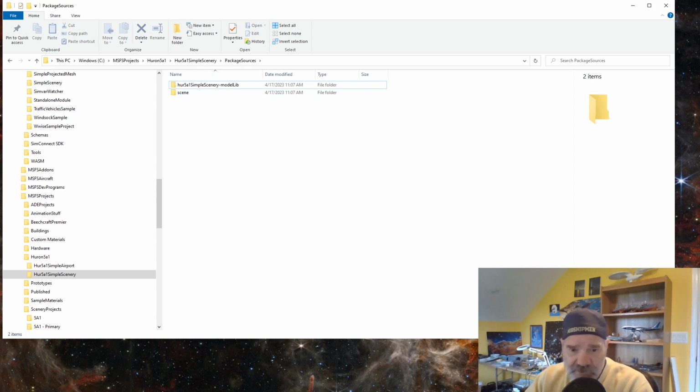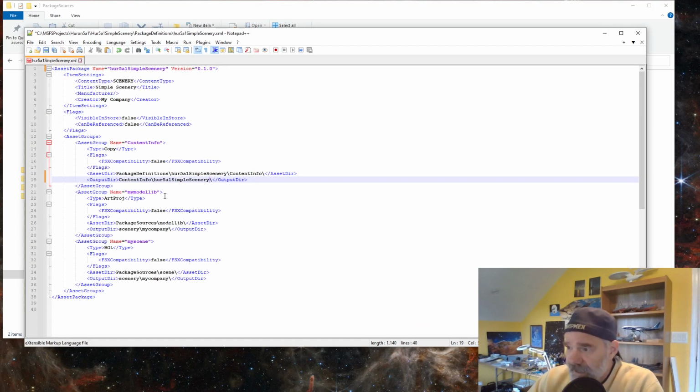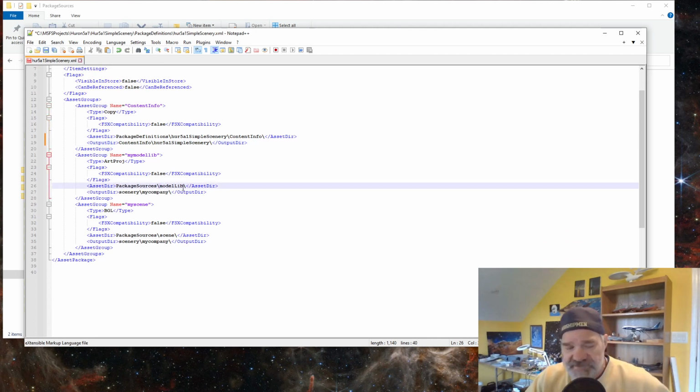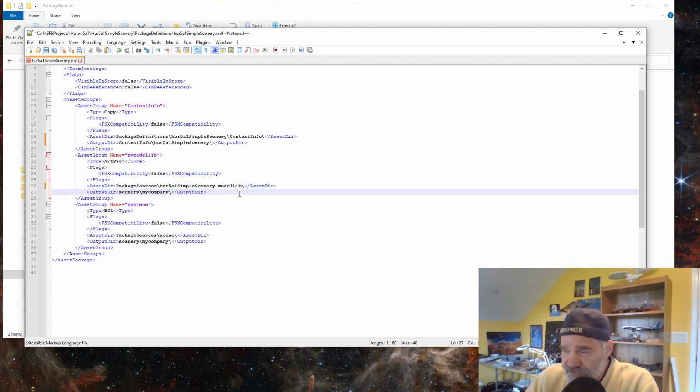Now we're going to go back into Notepad, and we're going to change the package sources folder to be the same as that folder that we just renamed. So I'm going to do a Control V and put the dash there. So it's looking in my uniquely named model lib folder for any buildings or any models that I make, right? Okay. Now the scene you don't have to do anything with, all right? Because you're going to have a scene inside the package sources, but you can have a unique name for that as well. Okay,